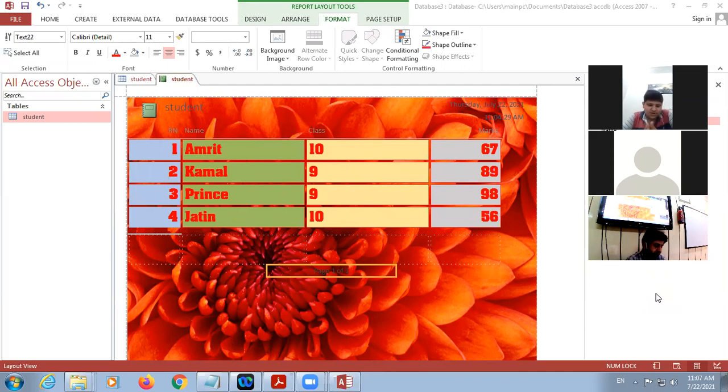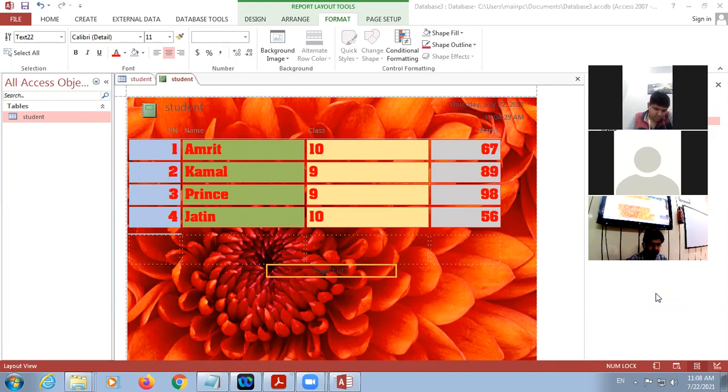Next, which key defines a relationship between two tables? Primary key. We can set the relationship on primary keys of different tables. So remember one thing: the tables' data must be the same in order to provide a relationship. Now there are some short questions.